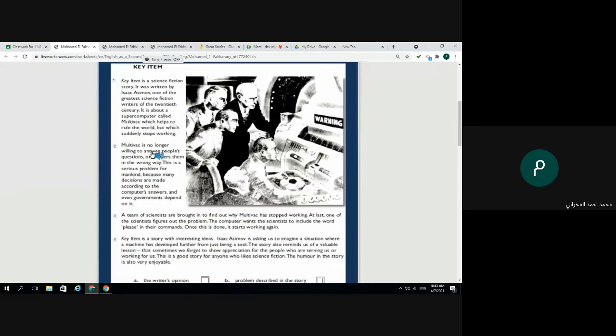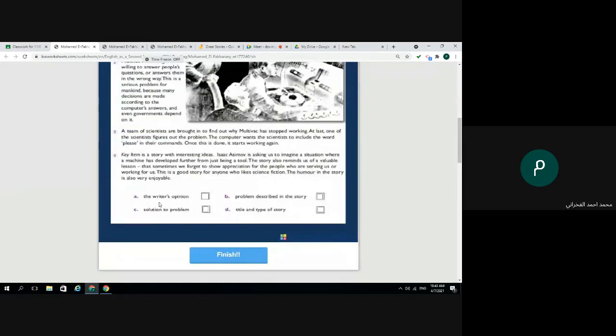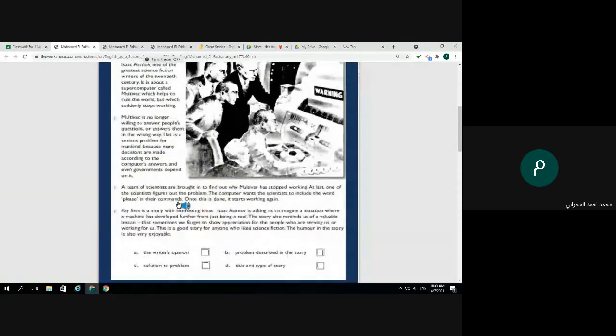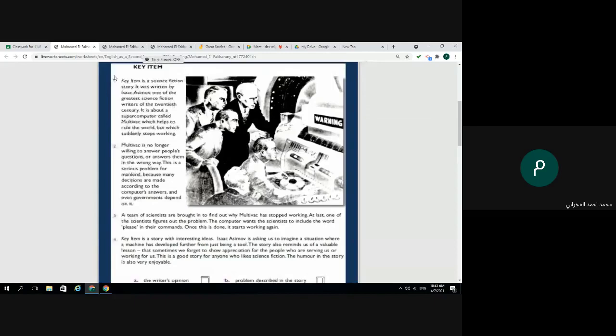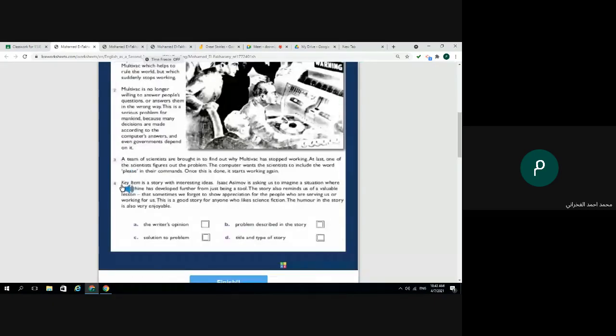You are going to read carefully, and after reading, you are going to do what? To match the title with each paragraph. You have 1, 2, 3, and 4. 4 paragraphs with 4 titles. Okay? You are going to do this matching now.